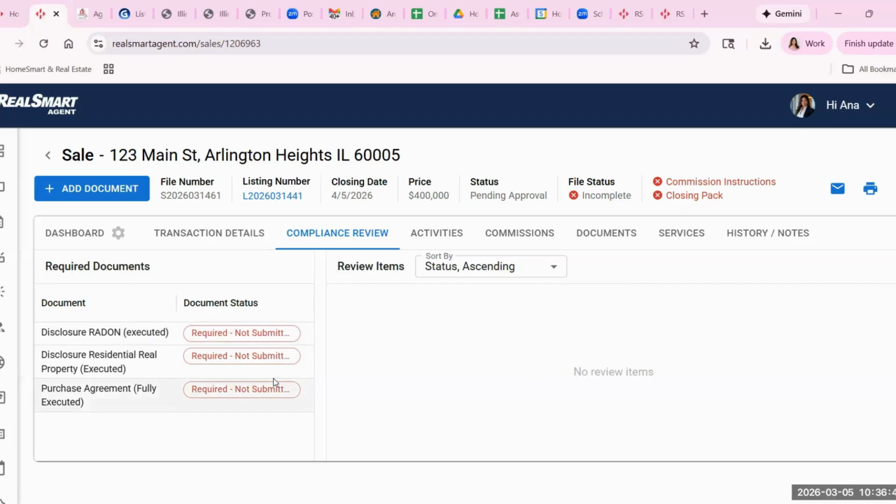So once these items are uploaded, it will ask you to upload your commission statement. That commission statement is needed 10 days prior to closing. I always make a note that once it's a solid deal and I've gone through attorney review, I'm going to submit my commission statement and upload it, because the compliance team needs to review it prior to you giving it to your attorney, making sure that the commissions are accurate, and